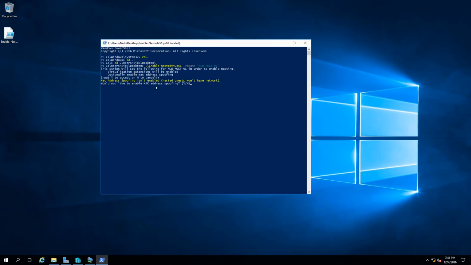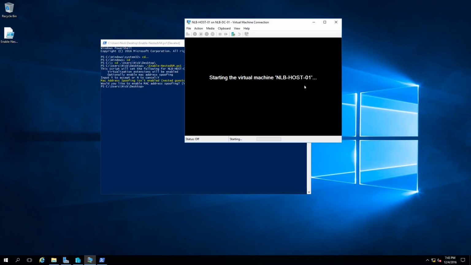And would you like to enable MAC address spoofing? So what MAC address spoofing is, as you know, the MAC addresses are assigned addresses, unique addresses, assigned to every single network interface. And what MAC address spoofing allows us is to change this factory assigned address so that it can be different from the factory one. So I will enable this feature as well and press enter. And this is it pretty much. So now, when I again open my virtual machine and power on the virtual machine,